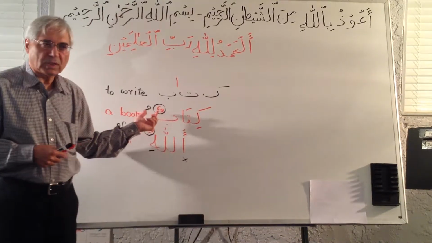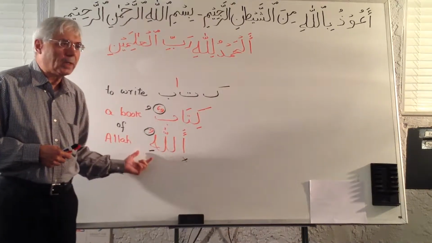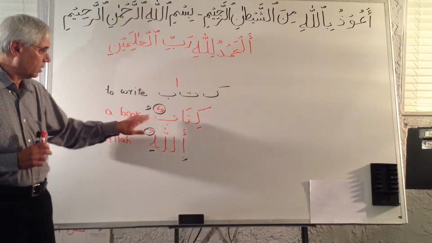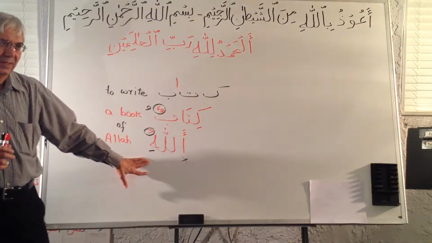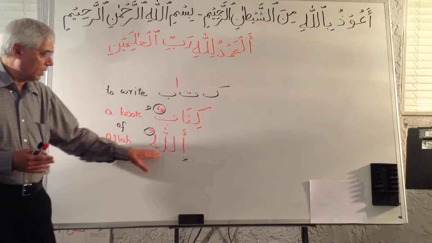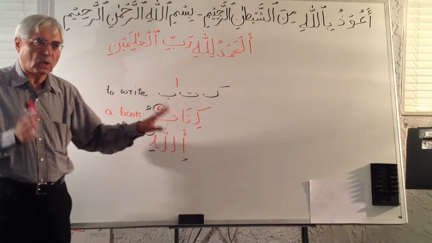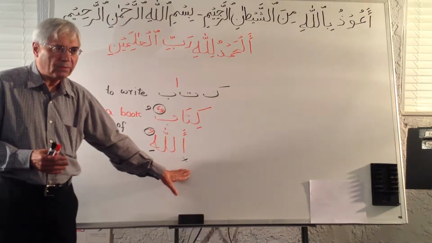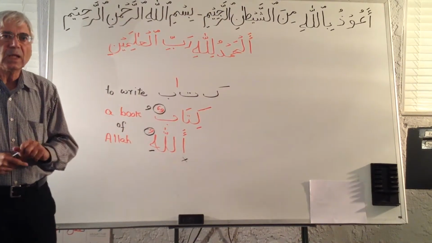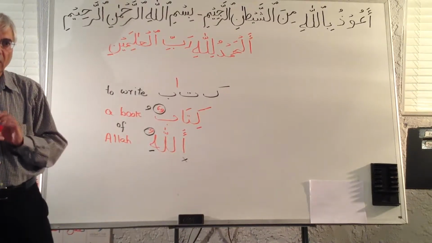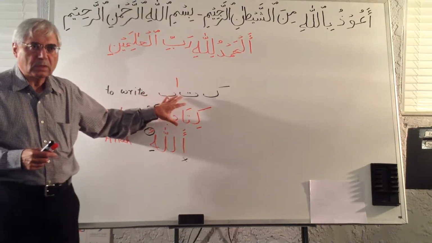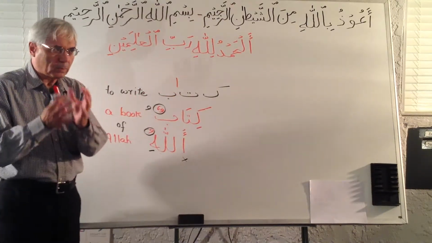Kitabun becomes Kitabu, Allahu becomes Allahi, and you can still say it like this. It's correct to say Kitabu Allahi. But when you do it with the tajweed, the rules of recitation of the Quran, you don't pronounce the alif here, and you pronounce one whole statement together, Kitabullahi, book of Allah. So this is a very important rule. I use the word kitab because we all know Kitabullah.